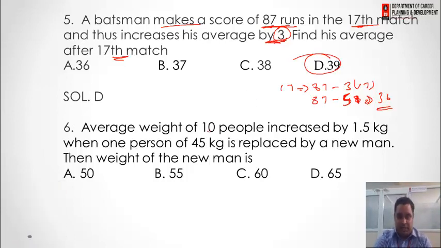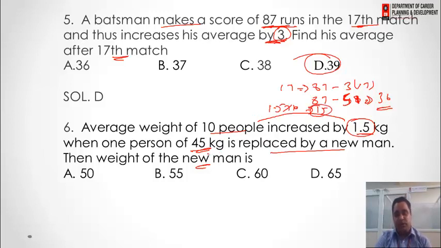Now the next question is: the average weight of 10 people increased by 1.5 kilograms when one person of weight 45 kilograms is replaced by a new person. Then what is the weight of the new person? Now when a person is replaced, the average weight of all the 10 people increased by 1.5 kg. That means in totality we have an increase of 1.5 into 10 kilograms, that is 15 kilograms,